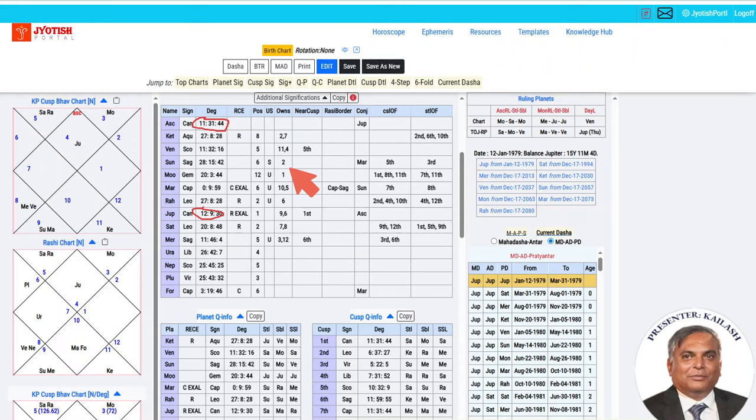So obviously a person with Cancer ascendant and Jupiter right on the ascendant itself will give a good disposition. And in the same breath, I will once again tell you, don't waste your time looking at the cuspal sublord to figure out the character sketch of the person. Ascendant and Moon, the usual old Parashari system, ascendant and Moon, together will give you a very good idea about the disposition of the person. So now we are sure that there is no issue about the ascendant being on the borderline. So let's move forward.